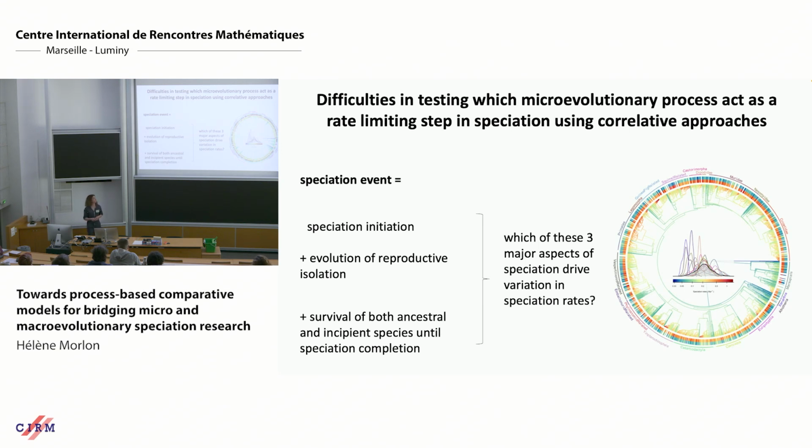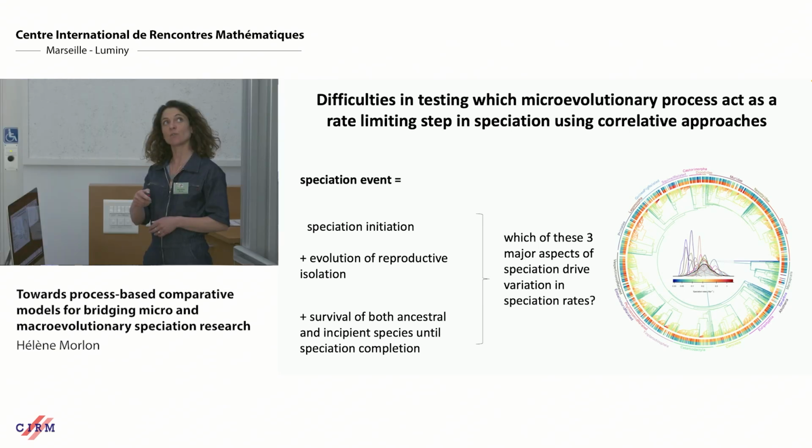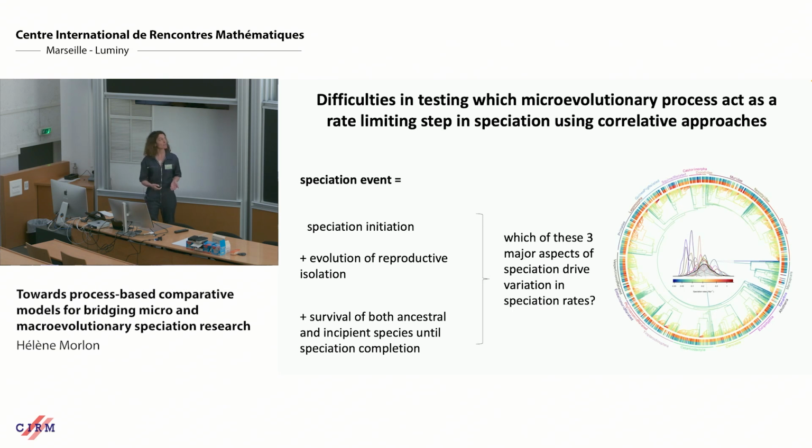So we're really in this situation where we measure an instantaneous speciation rate, and we have no idea which of these three major aspects of speciation drive the variation that we see in speciation rates, right? So we've tried to see whether it's related to differences in the speed at which reproductive isolation evolves, but much less has been tried in terms of seeing how much differences in speciation initiation drive this heterogeneity, or differences in how much both ancestral and incipient lineages, at which speed they might go